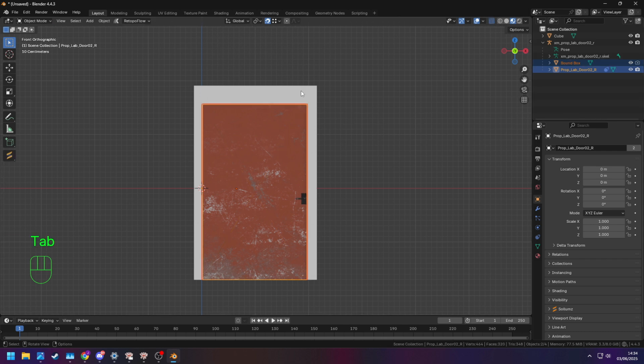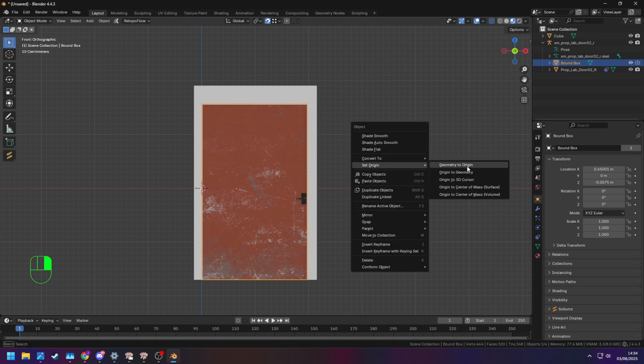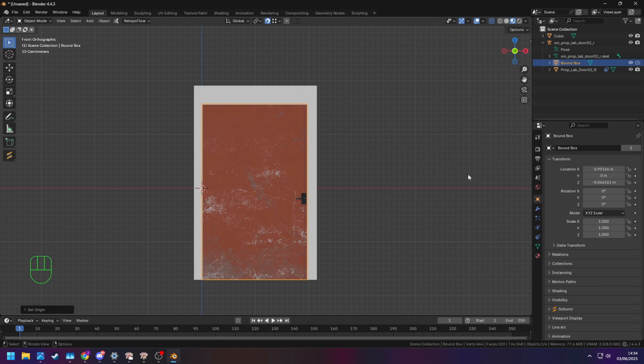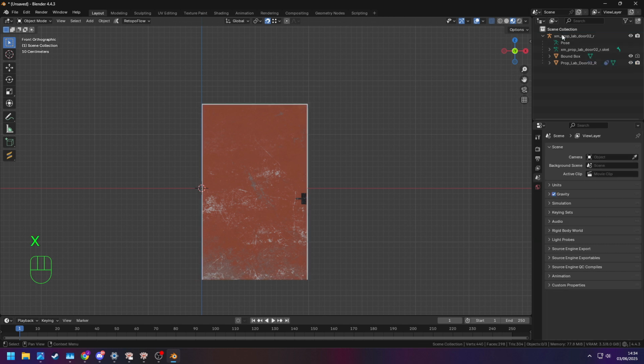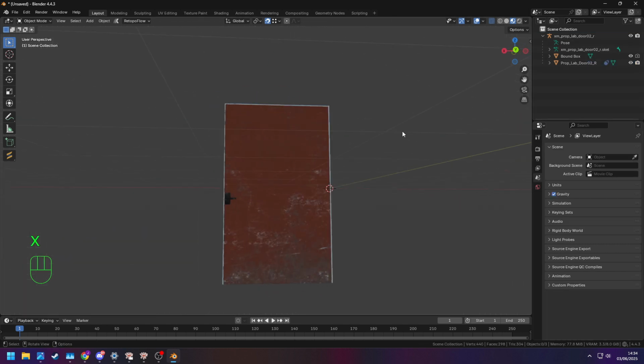Right? Now bound box, right click, set origin, origin to geometry, just so it centers the collision to the center of the doors. For doors, you don't do that. The origin needs to be still here. And now you have your custom door,